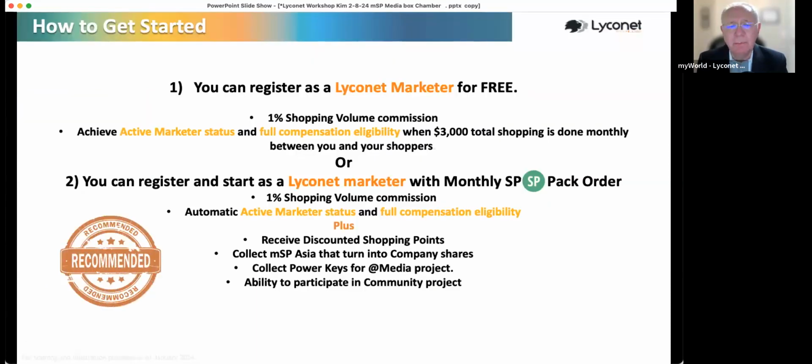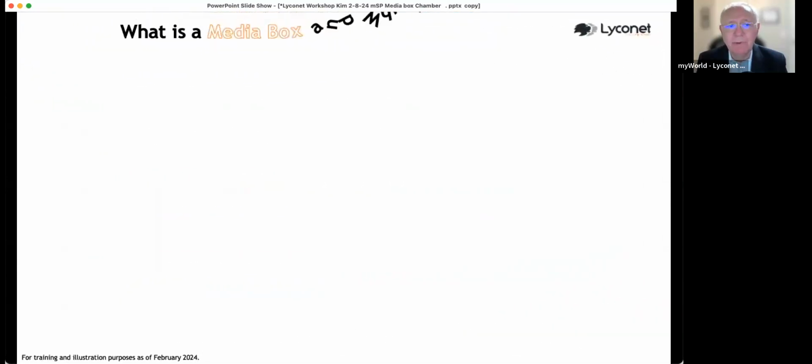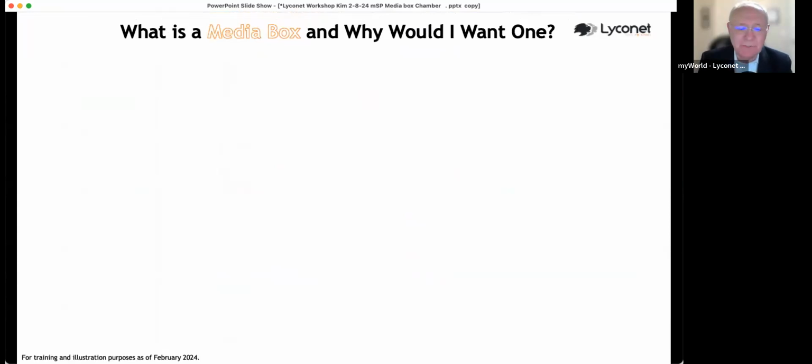So let's talk about the benefits from the recommended way of doing this with Shopping Point packs. And let's jump into power keys for a media project. So here we go. I'm going to take this as if you don't really know what we're talking about as far as a media box and what it is, to both shoppers all the way through to you and I